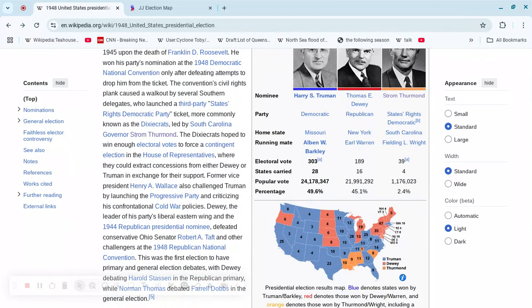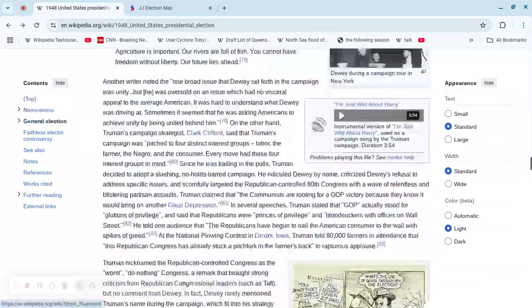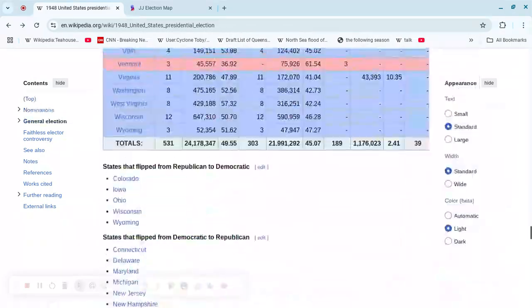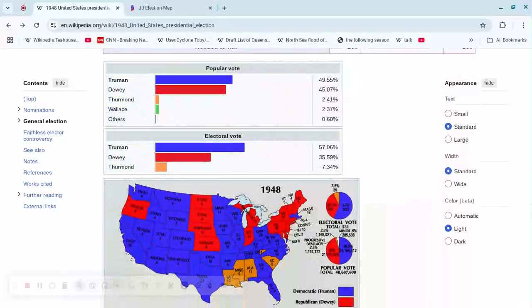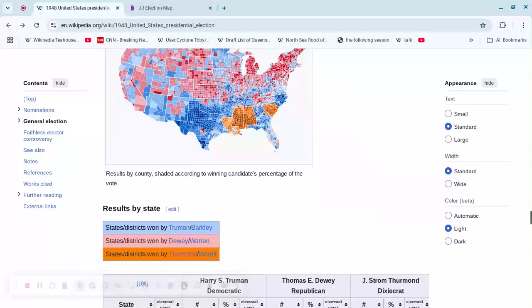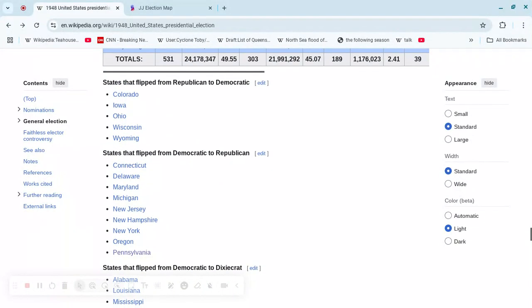But there's actually another split in the Democratic Party with the Progressives and Henry Wallace. Now, he didn't win any electoral college votes, nor did he get a significant chunk of the popular vote. But you look at the popular vote, Thurmond got 2.4. He also got 2.4, just that, Thurmond wound up getting more votes in the Deep South, so he actually wound up carrying states. And this is what I mean and why it gets so significant.